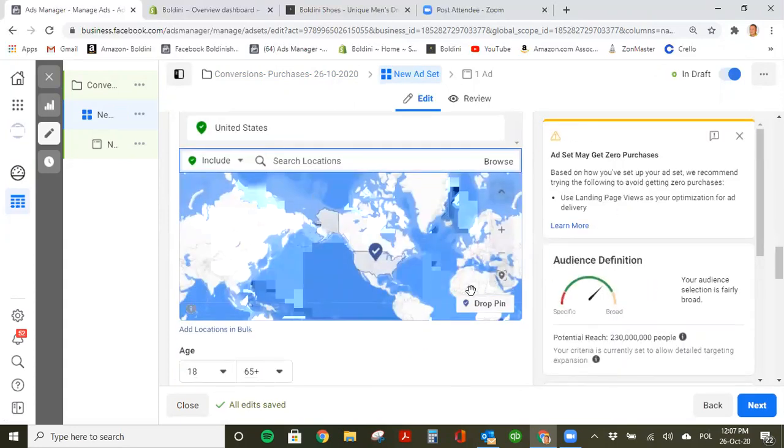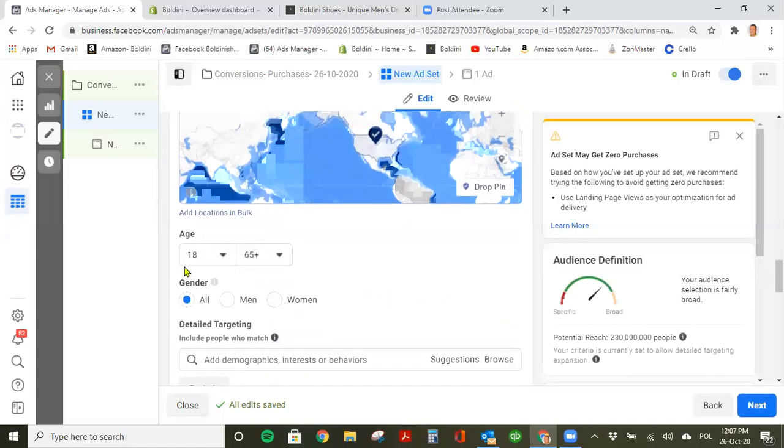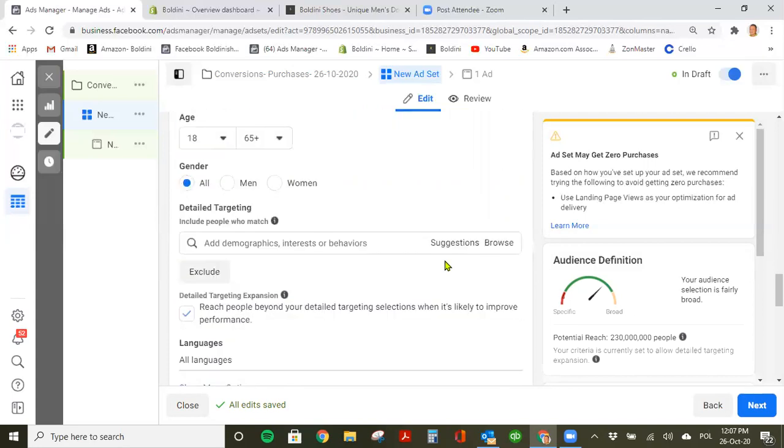Perfect. And then keep scrolling. And the age, should I set up different ages? No, yeah, just leave it open. Mm-hmm. And then for the detailed targeting, let's go ahead and